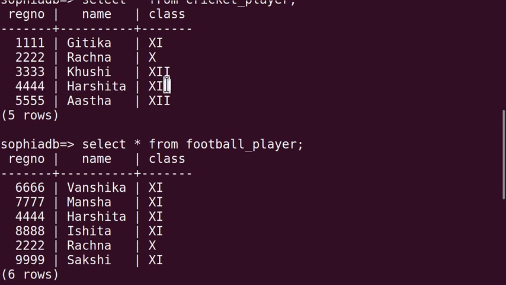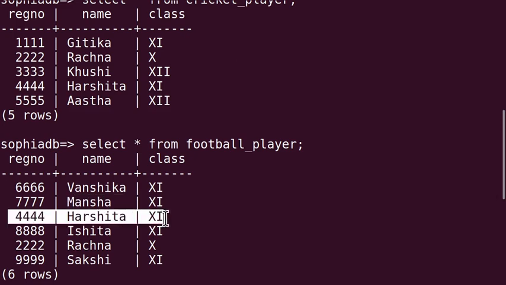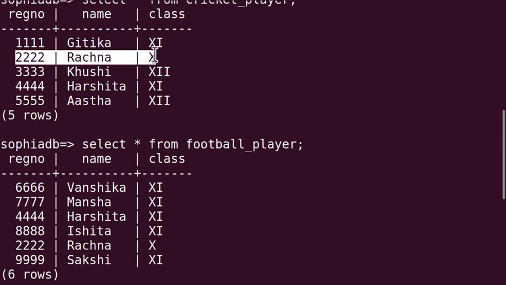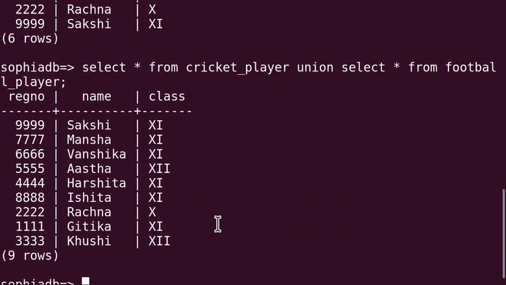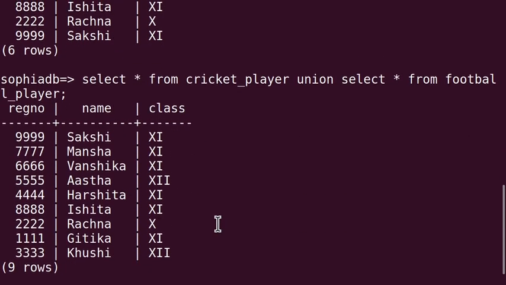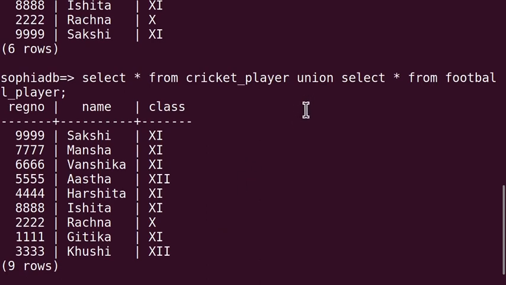First table Harshita, and in the second table also you can see Harshita. Similarly, Rachna is present in the first table and Rachna is present in the second table also. So, in the output of union operation, we are getting 9 rows, 9 records, because those two duplicate records are not coming in the output.